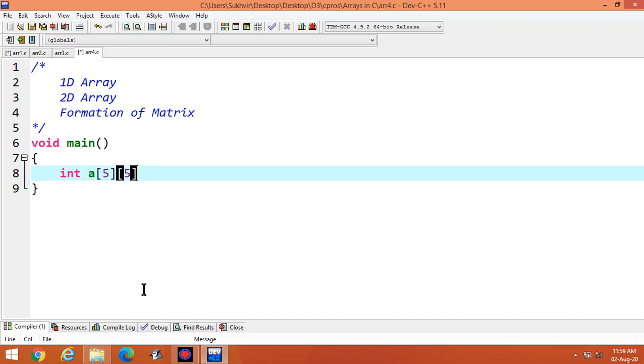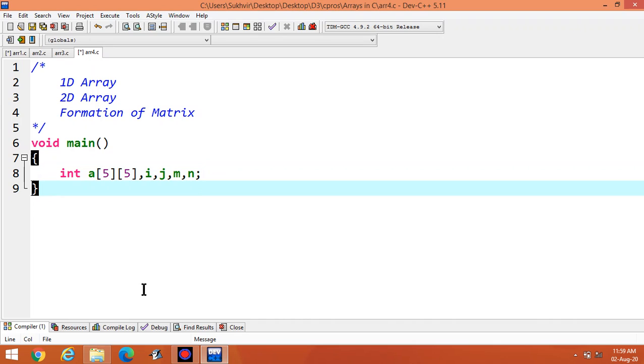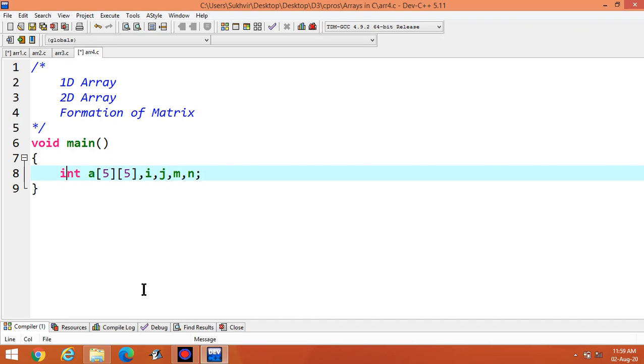It means maximum of 5 rows and 5 columns. I and j for rows and columns, and for number of rows, suppose m is there, and for number of columns n is there. Suppose this one is the limit.